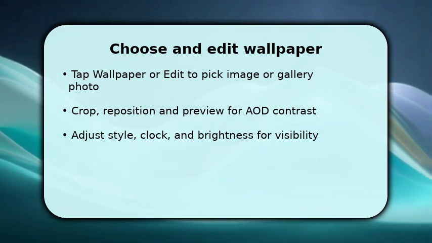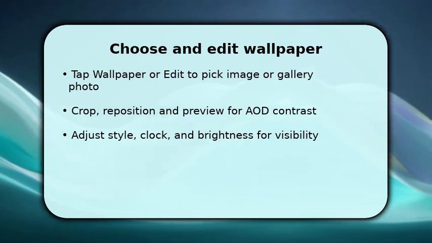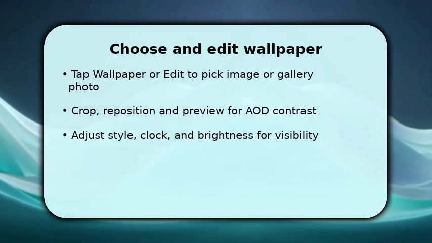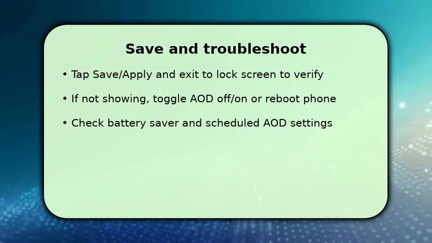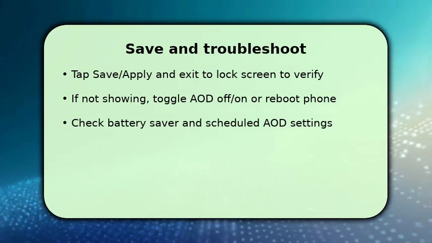Make sure to adjust clock style, text color, and brightness level so information remains legible in ambient mode. Once satisfied, tap Apply to set it as the always-on display wallpaper. Finalize by tapping Save or Apply, then lock your phone and glance at the always-on display to verify the wallpaper